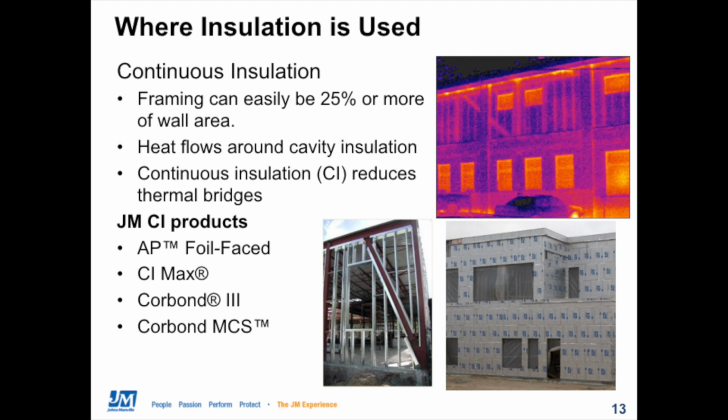Continuous insulation, or CI for short, is used to reduce this effect. JM products that can be used as continuous insulation include our AP foil and CI Max foam sheathings, and also our closed cell spray foams, Corbon 3 and Corbon MCS. And the photo at the bottom right of the slide shows an example of our AP foil foam sheathing used